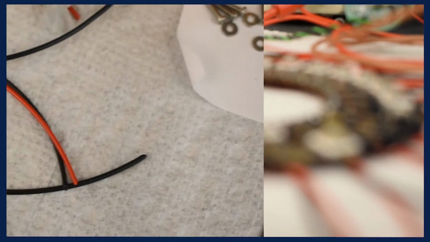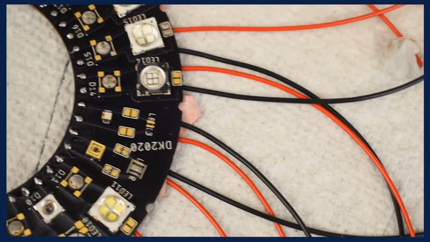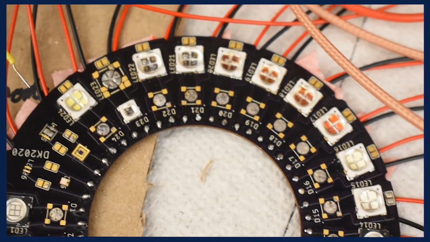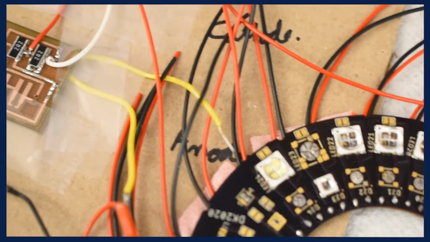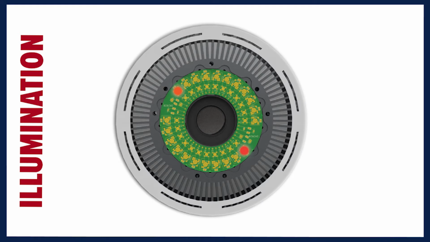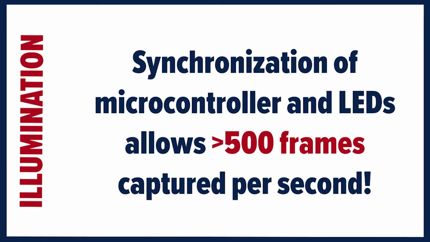These circuits were specifically designed to efficiently switch on and off the appropriate LEDs in sync with the shutter of the camera. This synchronization was accomplished with a microcontroller. The microcontroller receives an output signal from the camera, signaling that a picture is about to be taken. With this input, the microcontroller then picks 2 of the LEDs and switches them on for the duration of the picture. Altogether, this synchronization of the circuitry with the camera allows us to take over 500 light wavelength isolated frames